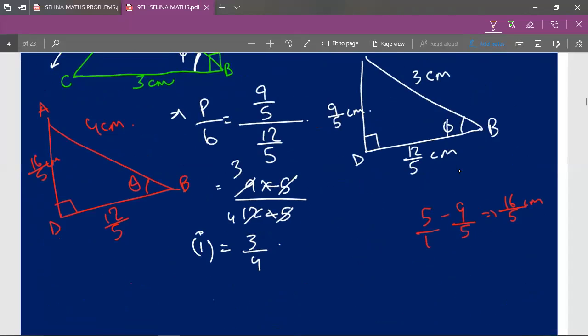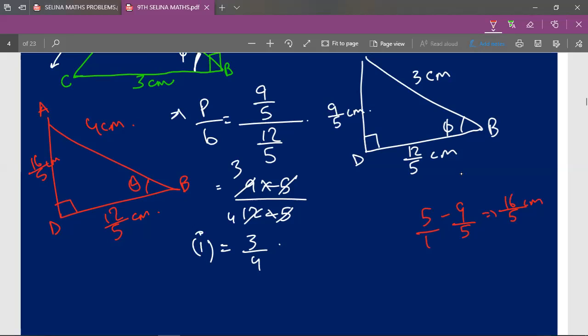The units are very important. So 12 upon 5 centimeters, and with respect to angle theta, theta should be towards the ground. It is the important thing that I mentioned. It is not basically a rule that the angles present in the triangle should be towards the ground when the questions refer to them. But I find it simple because we have to rearrange the figure and then it becomes simpler, not complicated. For all those people who find this method easier, I would advise you to follow this rule or method that I've created myself. So theta is towards the ground, check.